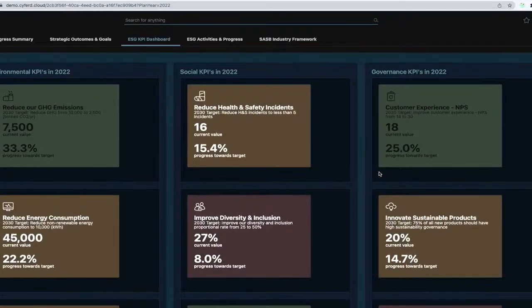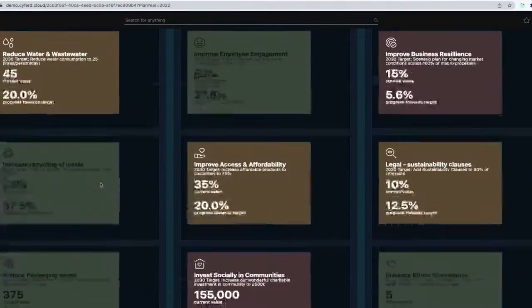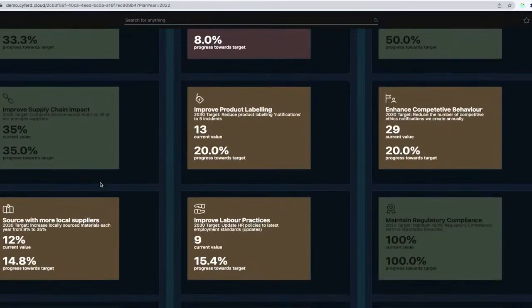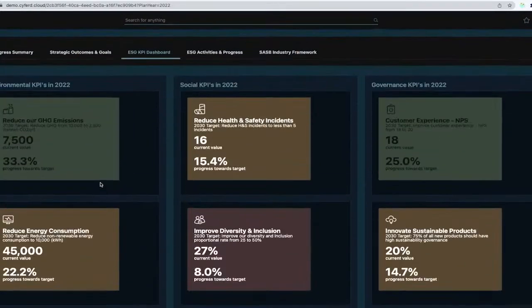So I'm not going to go into the ESG app in any detail particularly. Neil has done a really great session on this, so check that out. But essentially what we're going to do today is we're going to pull these KPI values from the ESG application, and we're going to pull them into QlikSense using that REST API. So we can see here we've got a dashboard in the Cyferd platform of all the different KPIs. I'm just going to show you as an example how we can take that, put it into an